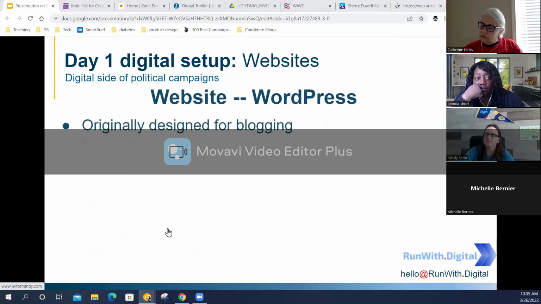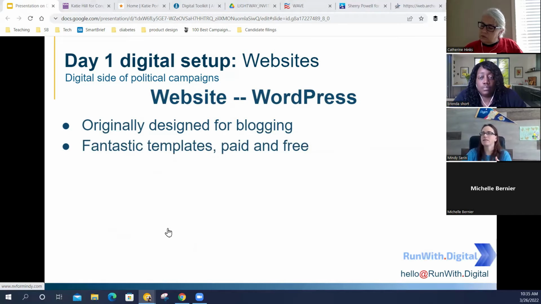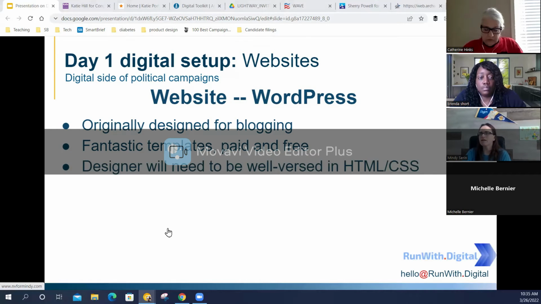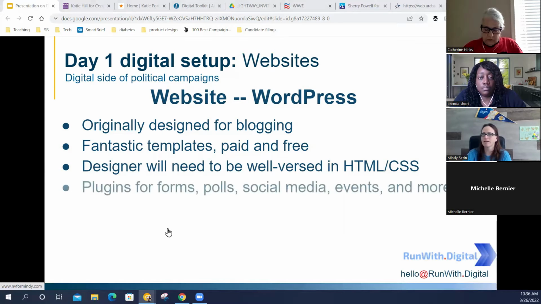So WordPress was originally designed for blogging. And then there are so many fantastic templates, whether paid or free, that can make it a beautiful political website. It can make it a beautiful news website. You never know looking at a website that it's WordPress. It just looks awesome. The designer will have to be well versed in HTML and CSS, but it's a very seamless process to put together.